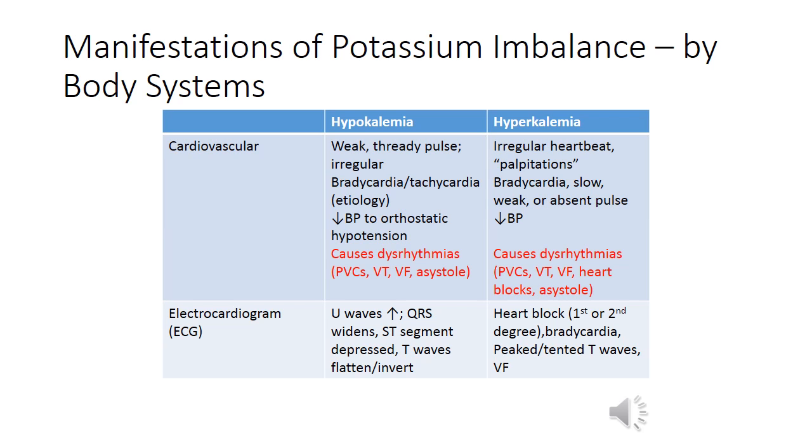Hypokalemia can be identified in an ECG rhythm strip by looking for the triad of ST depression, low amplitude T waves, and prominent U waves. As hypokalemia worsens, U waves increase in size, QRS complexes widen, ST segments become depressed, and T waves flatten or